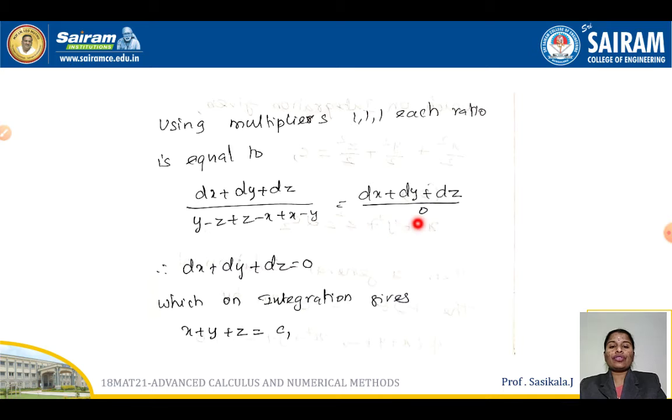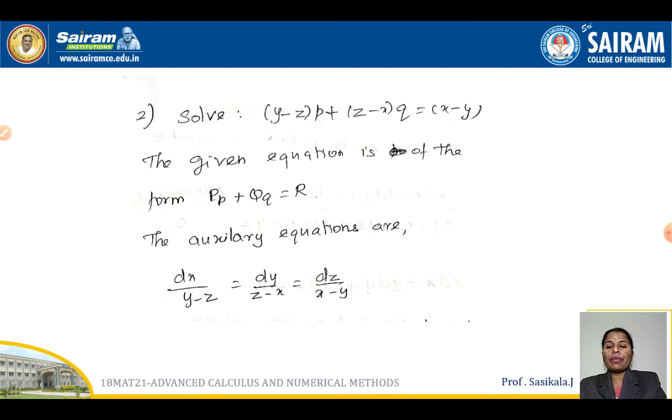So this value is going to 0. You can take only the numerator part, which is equal to 0, and I can go with the integration. For that reason, you choose according to the k1, k2, k3 values. Just like I can add it: I have y − z here, z − x here, x − y here. So you can just add all the terms.